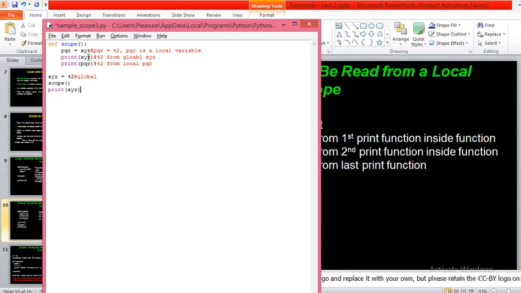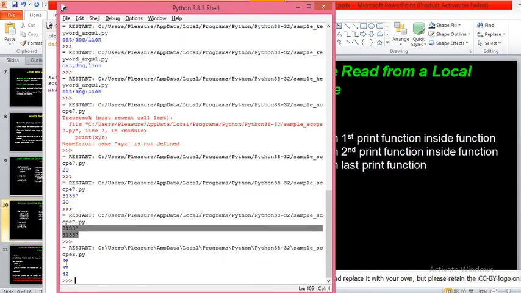Yes, sir. Then after these 3 lines of this function, the function definition will end. So it comes to this last line, that is print XYZ. XYZ value is 42 and there will be access to this XYZ in the global scope. So it will print another 42 from the global XYZ. So now 42, 42, 42 will come on the screen. One from global XYZ in the function, one from local PQR in the function, and then the third one from the global XYZ in the global scope. Right? That's why you'll get 42, 42, 42.